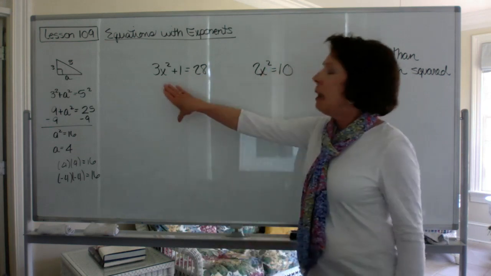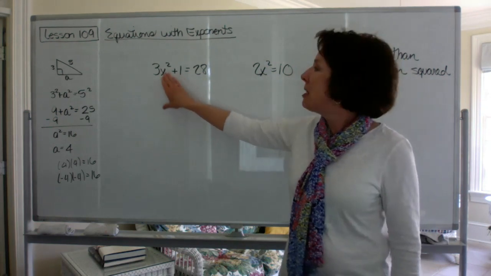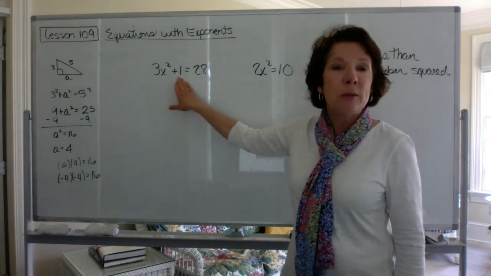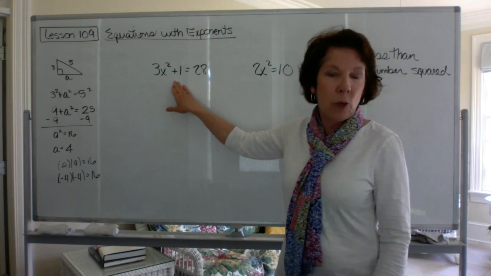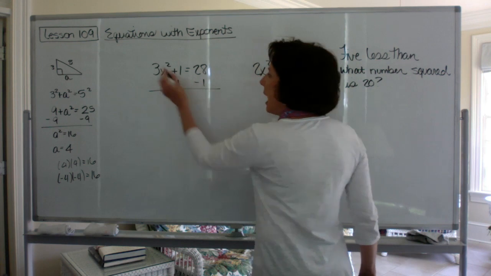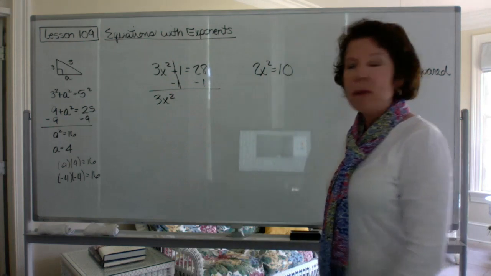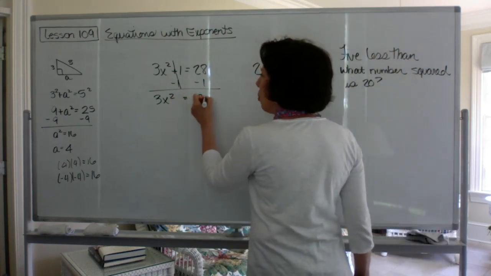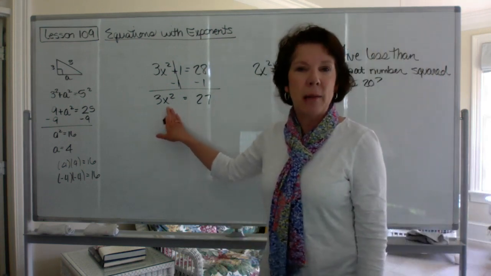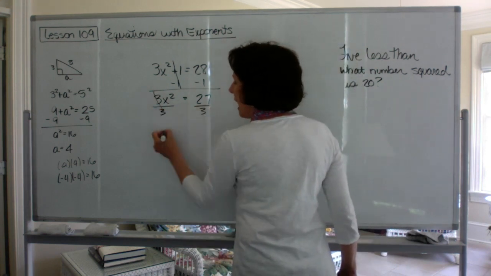Now, let's solve this equation. We know how to solve this. It's a two-step procedure. We look on the side with a variable, even if this variable is squared, it's still a variable term, and we're going to first add or subtract to eliminate the plus 1. Well, we'll subtract. So I'm going to put a minus 1 under both sides, and I'm going to bring down my 3x squared. 1 minus 1 will cancel out. I'll bring down my equal sign, and I get 27 for the difference. Now, let's isolate the x squared term by dividing both sides by 3. So I'm going to divide by 3, and I get x squared